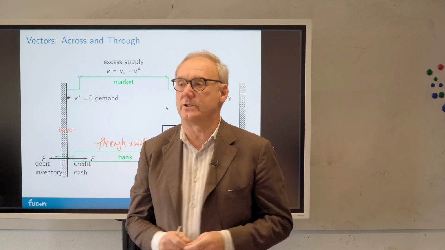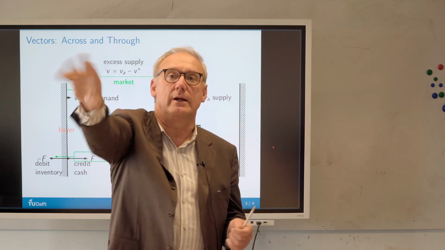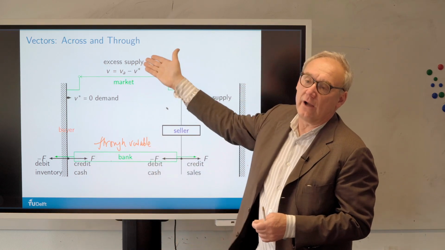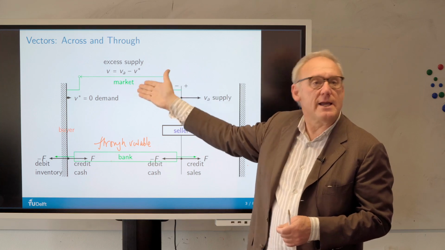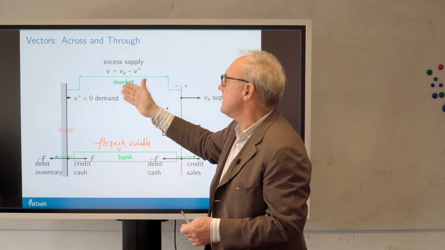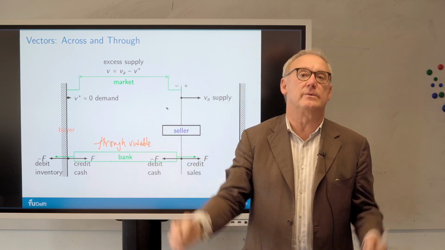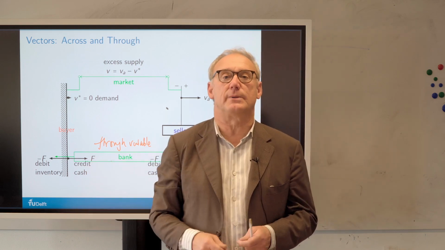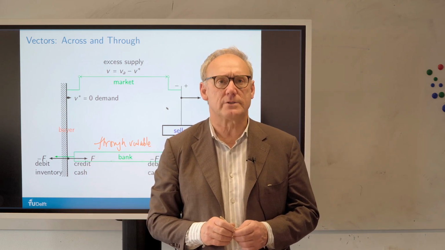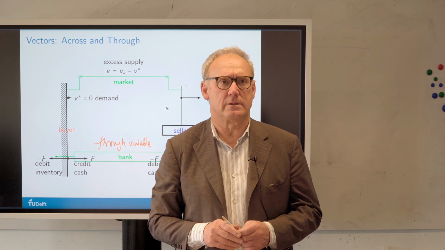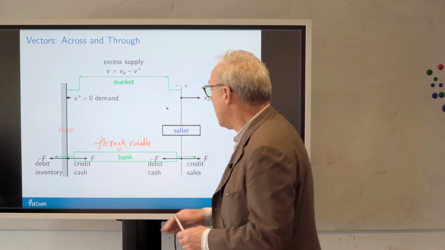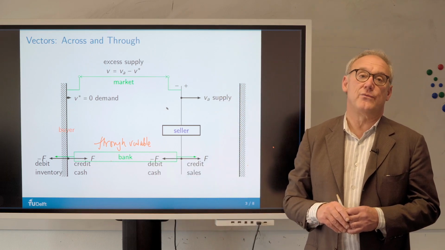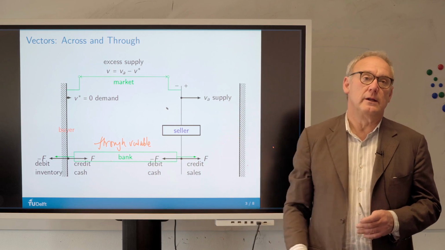Now in economics, you can do either. You can think of goods as flowing, but demand and supply is better seen not in that way. With a C element, yes, but with an I element, it's better seen as being an across variable, all right? In what we just discussed, in the excess demand and excess supply, all right? Those are across variable concepts. And the money is seen as a flow variable, so a through variable. And let me